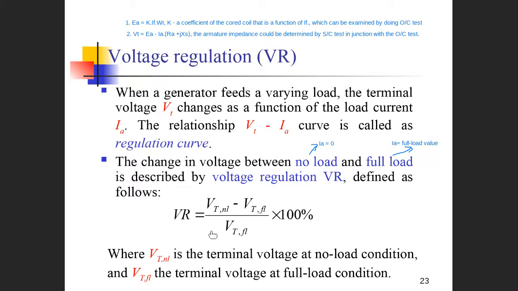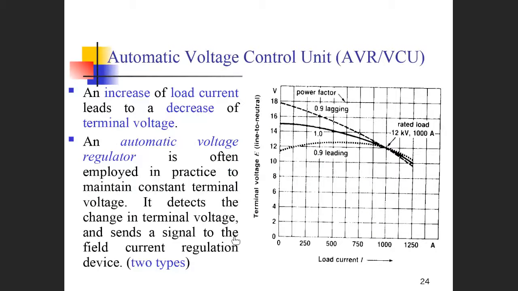Now, the next slide shows you the general relationships between the terminal voltage and loading current for various types of loadings. We have 3 cases. Generally speaking, an increase of loading current leads to a decrease of the terminal voltage. Of course, this depends on the loading characteristics. Generally, for a lagging load, that means the power factor is lagging. For example, we suppose that we have a loading power factor of 0.9 lagging. In the full load case, the terminal voltage is 12 kV output with a rated loading current of 1000 amperes at